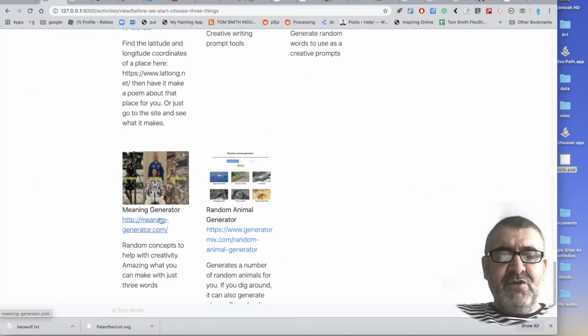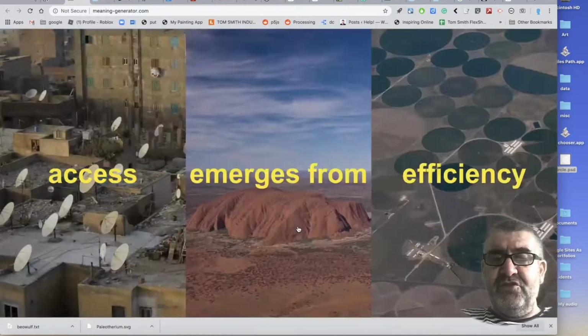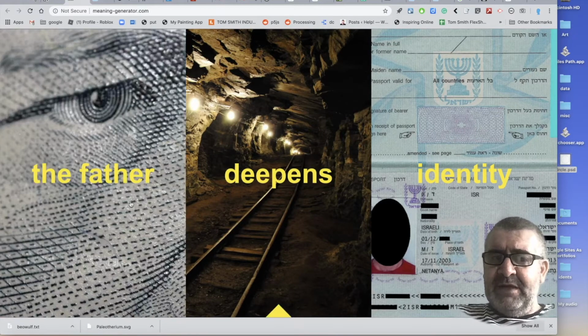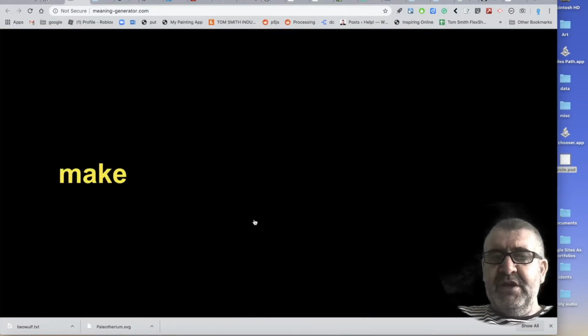And the next, I'm going to maybe try this meaning generator, which is an unusual site that kind of just gives you almost like a fruit machine of concepts. Vulnerability deepens identity. I think that could be true. And if you don't like any of these, you can either click the one that you want to change, or you can reload the page till you get